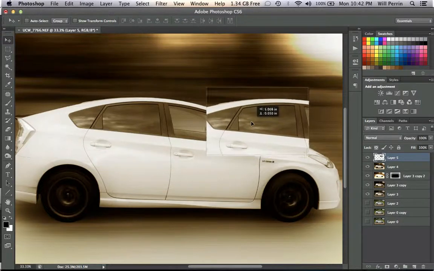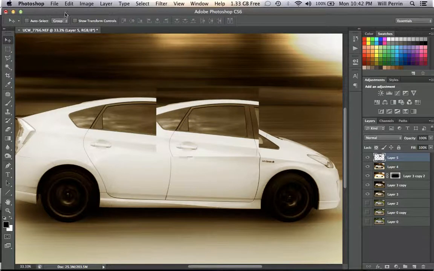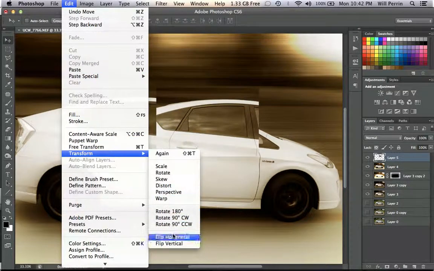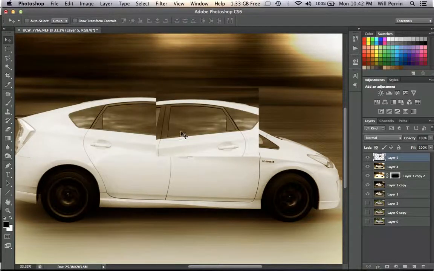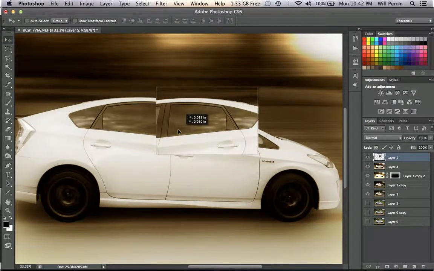Now the roof line isn't working very well for us. It goes the opposite way to where we want it to go. So what I'm going to do, I'm just going to go here, Edit, down to Transform, all the way down to near the bottom, and Flip Horizontally. So now we've got something where the roofline looks a little bit better,